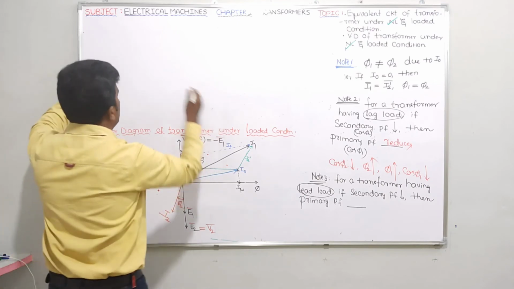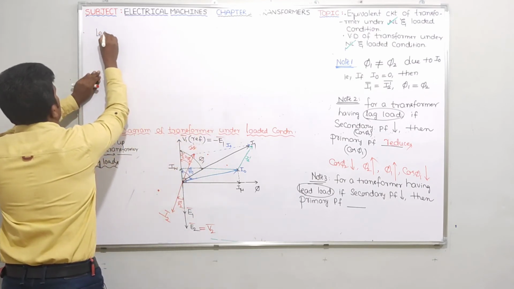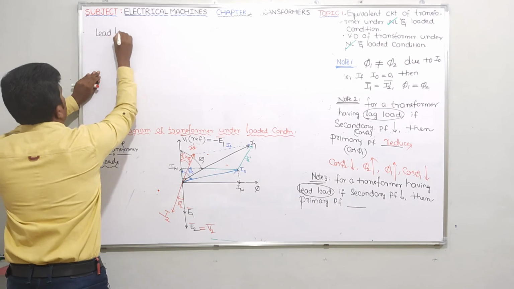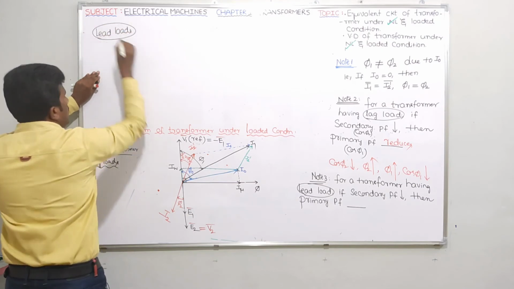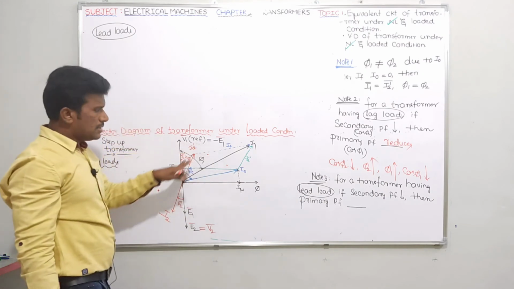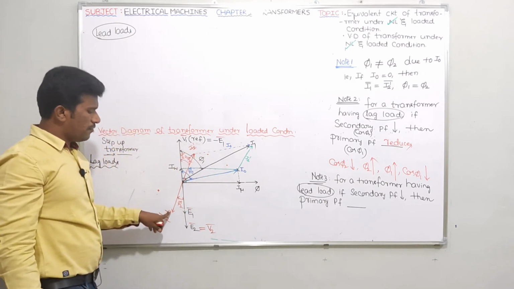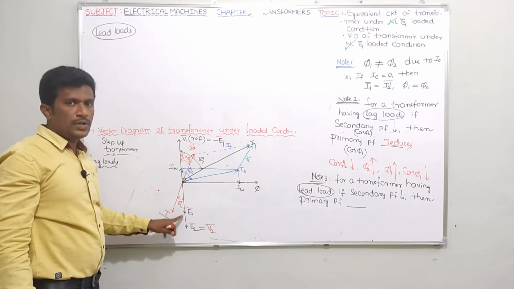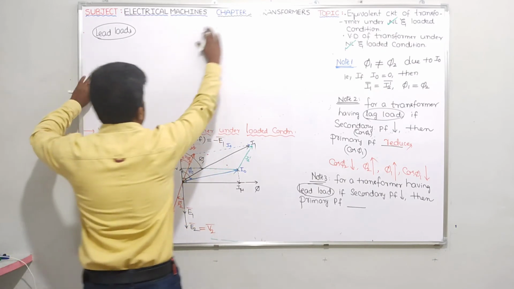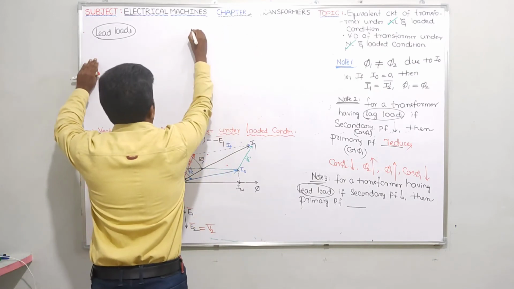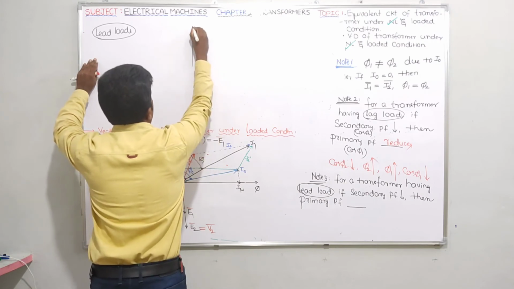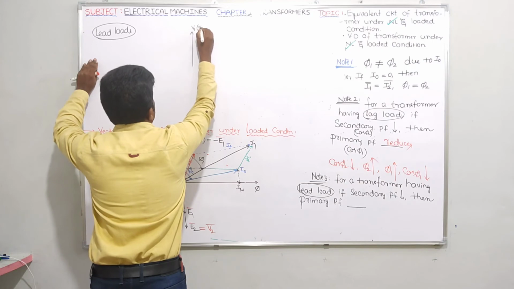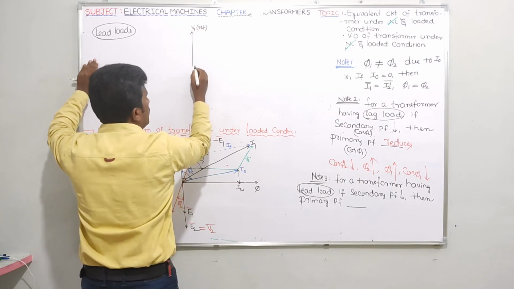Tell me guys, for lead loads I am asking, I have taken lead loads. Nothing else has changed. The only thing is, here instead of drawing I2 lags V2, you will draw I2 leads V2. That's it. First of all, guys, let me take V1 as a voltage source connected to the transformer. V1 is the reference for us. Tell me, after V1 what are you going to draw?